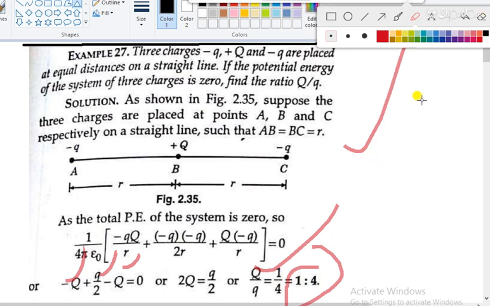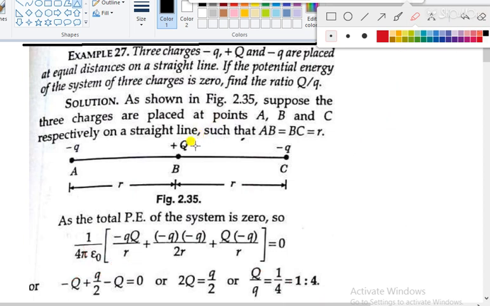You do not have to cram or memorize anything; you have to understand the concept. Firstly, consider only charge a, and you are moving charge b from infinity to this point. Then you take that you are moving charge c from infinity, and the initial potential is 0 and the final potential is due to two charges. The potential at c is due to a and also due to b. So this point has potential due to two charges. This thing you have to understand basically.